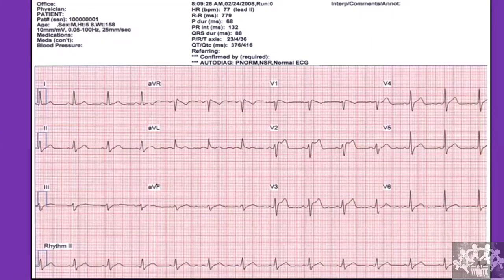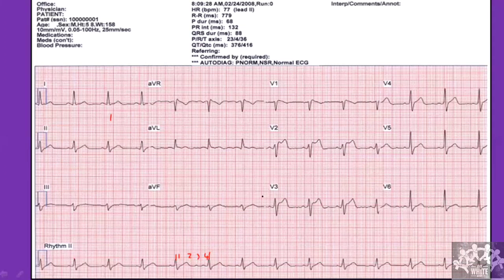So this is all okay. Once I've seen this, I want to calculate the heart rate. So how do we calculate the heart rate? The QRS complex is a measure of the electrical ventricular activity. So if I take one QRS here and the next QRS to be here, the number of large boxes in between is 1, 2, 3, and 4. So these are the 4 large boxes between 2 QRS complexes.